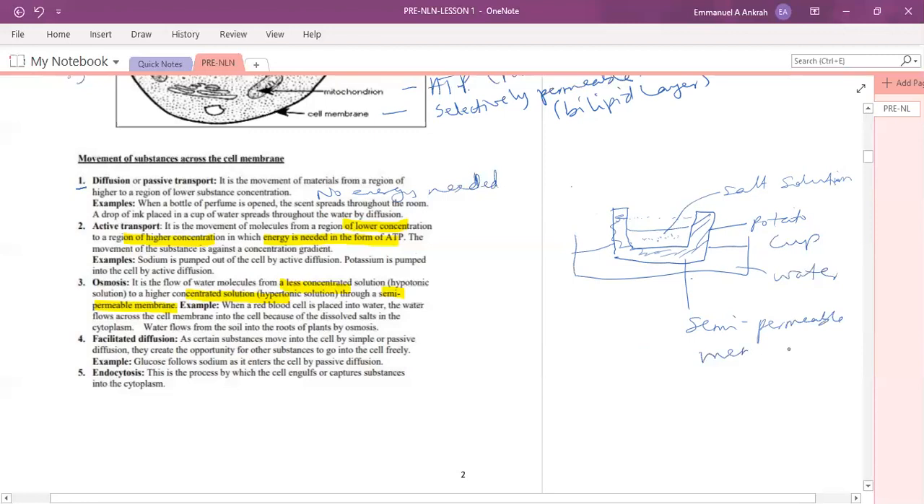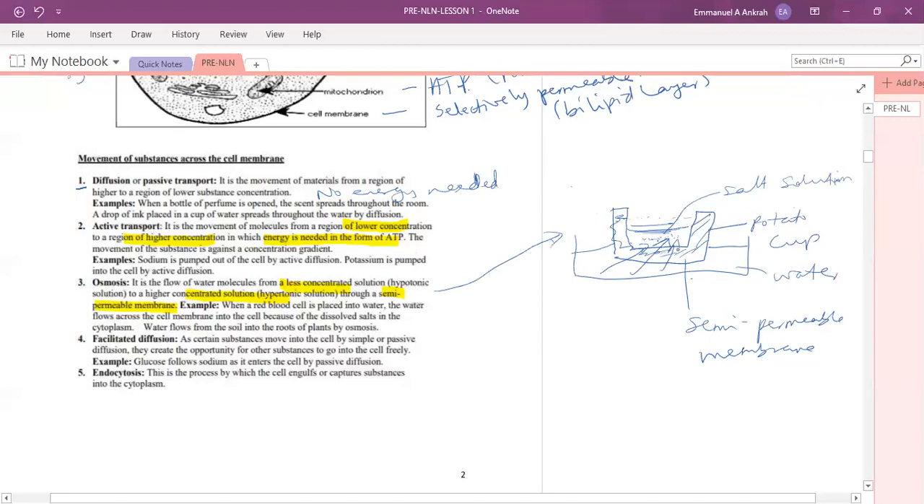So it allows only the water to go in. So water goes in, and then the level rises. So this is an example of osmosis working. So this is osmosis working here. So the water here is the hypotonic solution, less concentrated, and then the salt solution here is the hypertonic solution